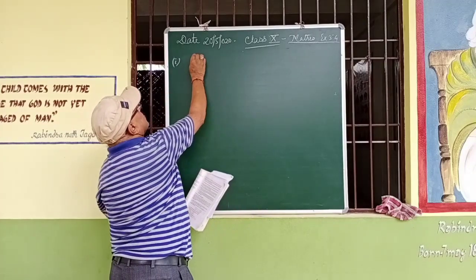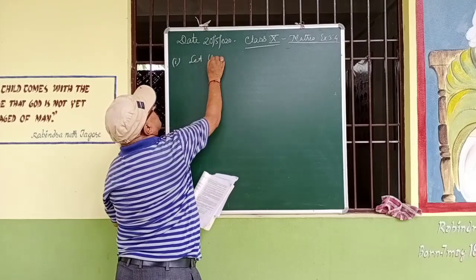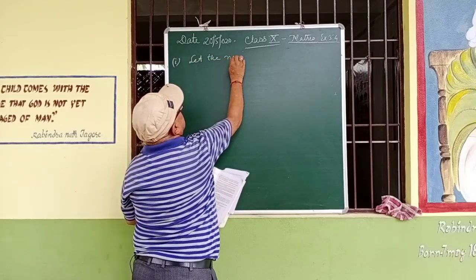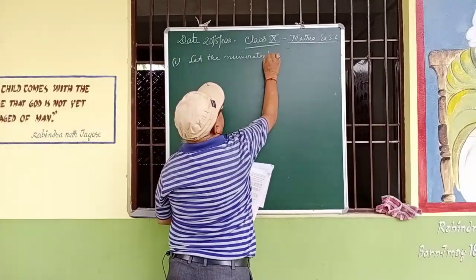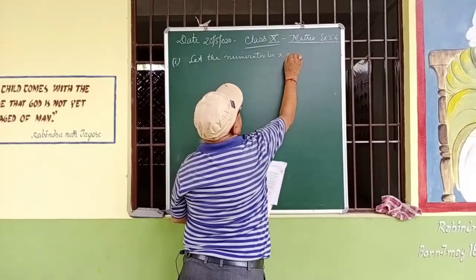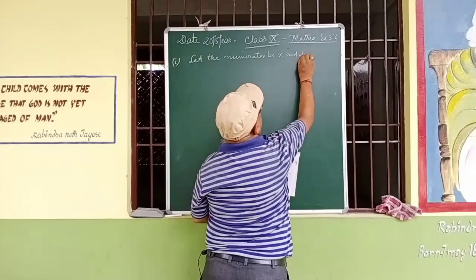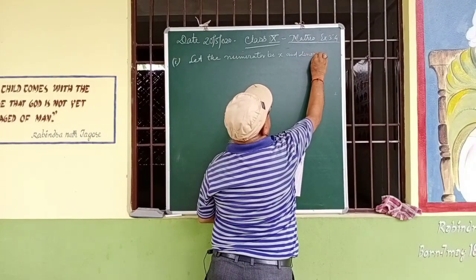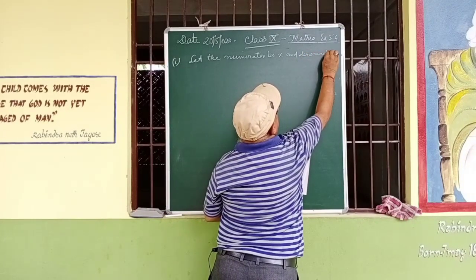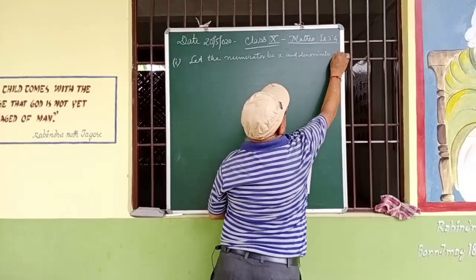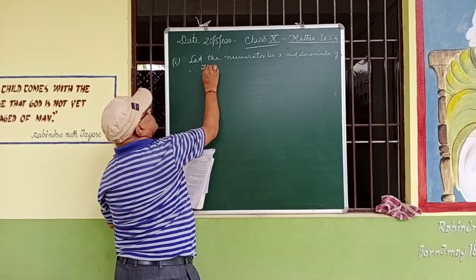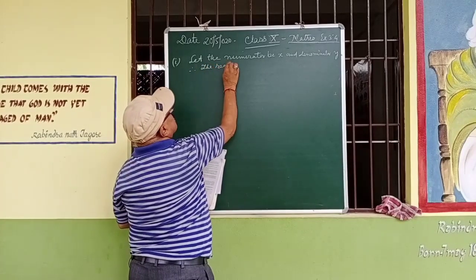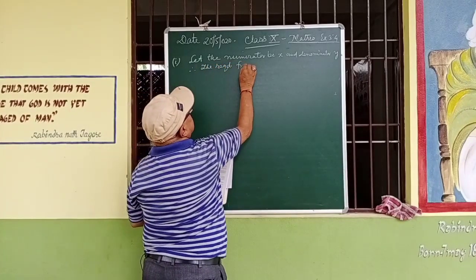So, let the numerator be x and denominator be y. Therefore, the required fraction